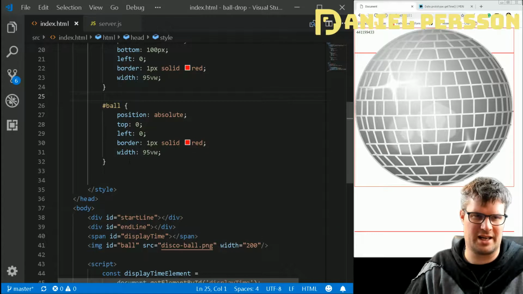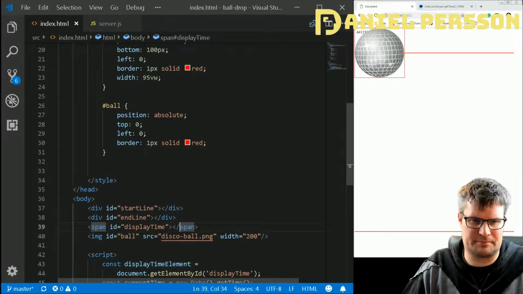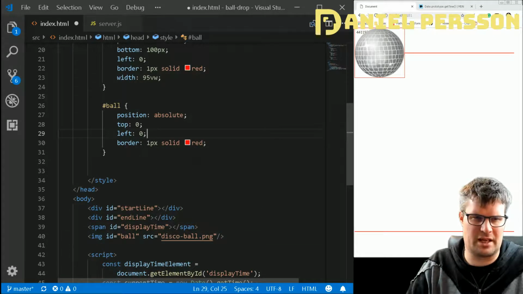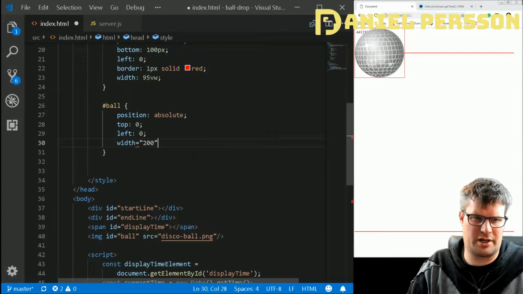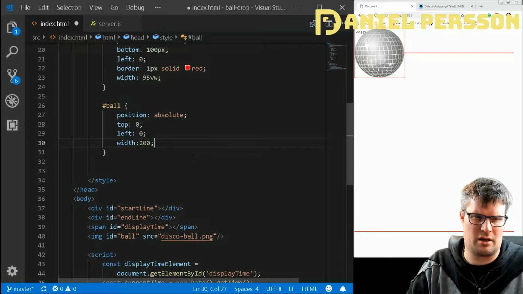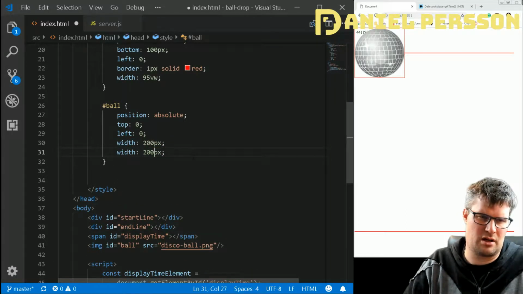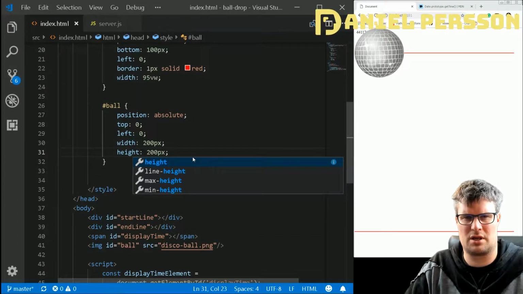Remove that width. Like that. And then we remove the border, and we put the width up here. And pixels. We can also have the height. So we control those. Like that,